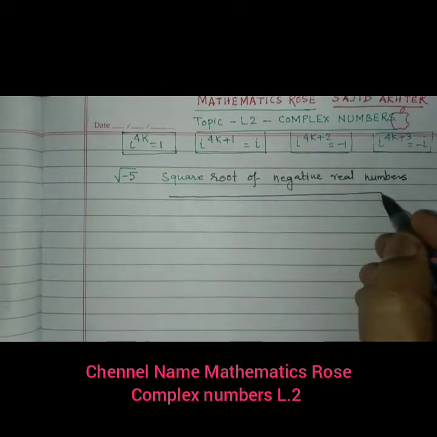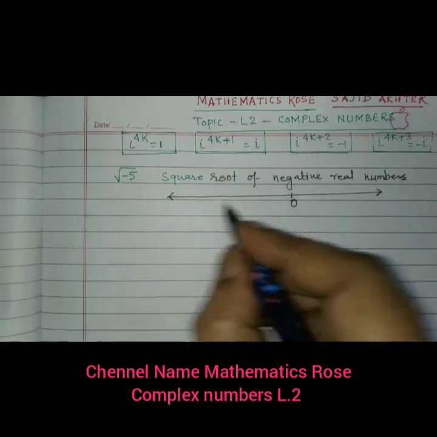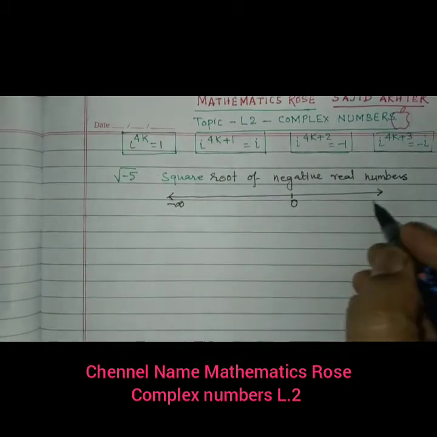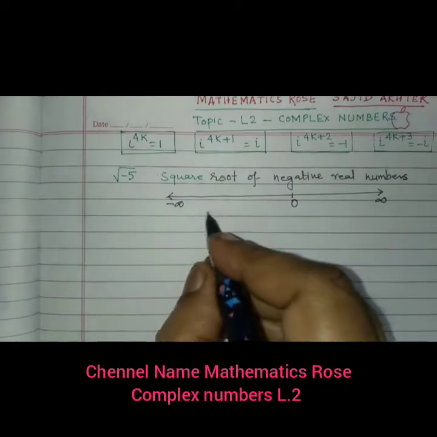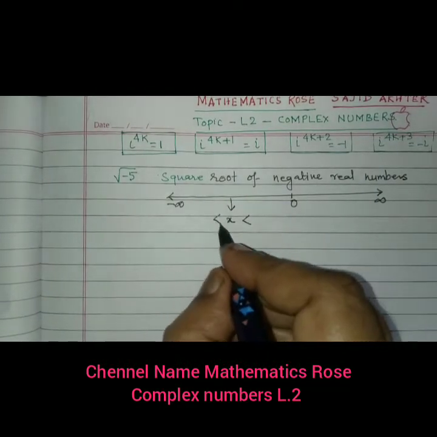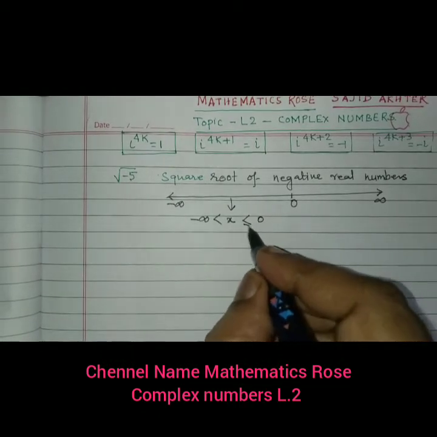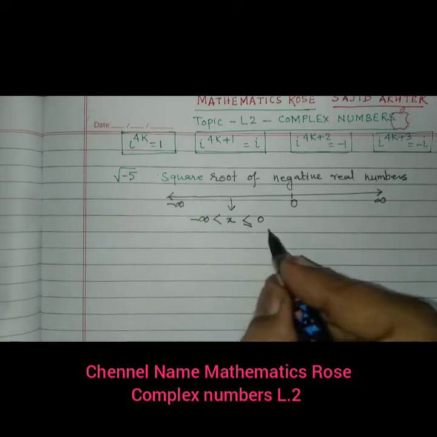Suppose I am just drawing a number line, and here is the 0, and this is minus infinity, and this is up to plus infinity. So all the numbers lying between minus infinity is less than x, and x is less than or equal to 0. It means that it is a